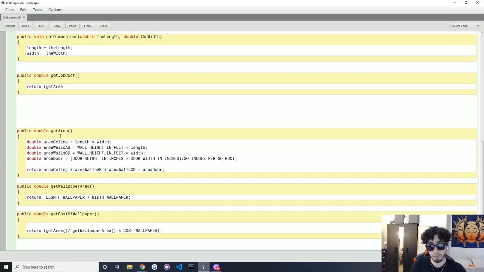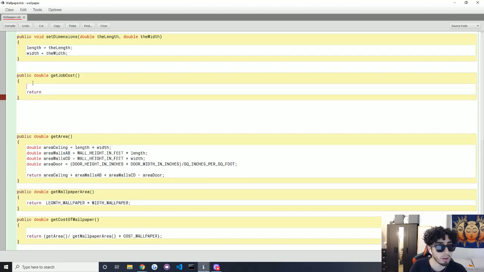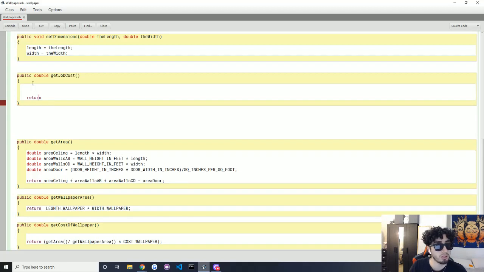To get the area of the whole, actually, let's think about this a little bit slower. So we need to get the cost of the job and the cost of the wallpaper. So return, so let's start off with what we know. So we know the cost of the wallpaper, right? Return getCostOfWallpaper plus